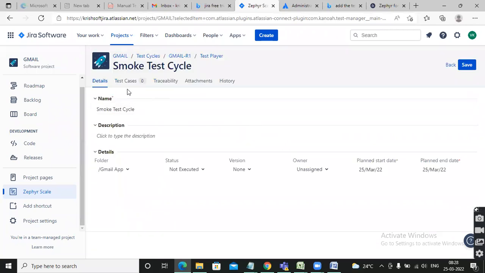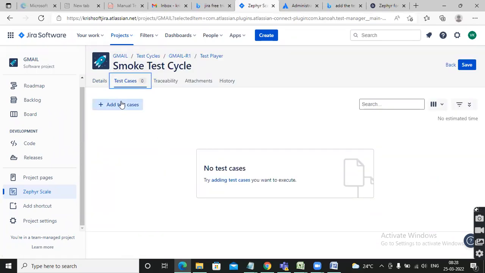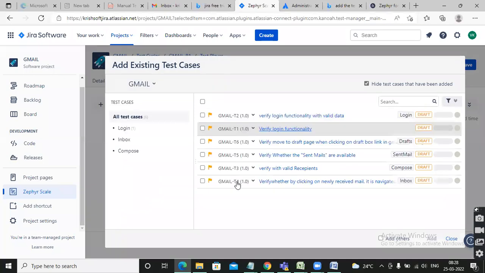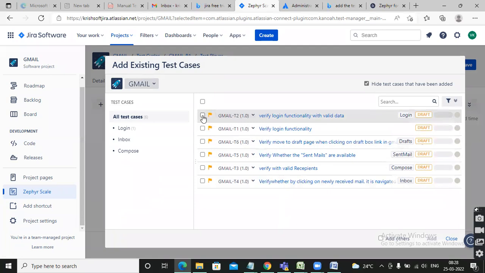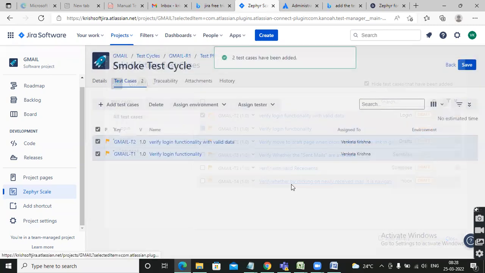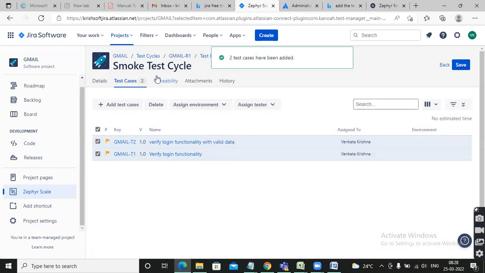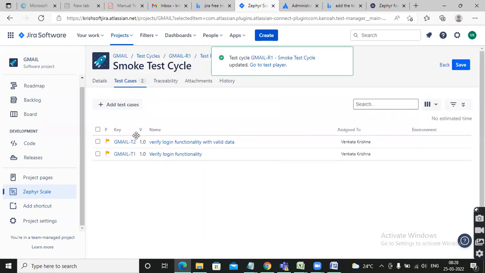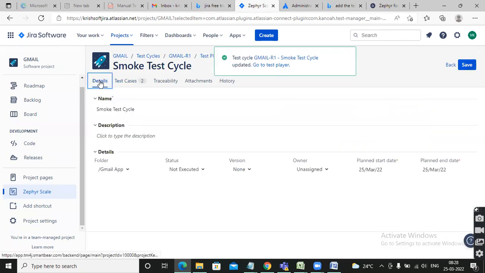You can see here and add test cases. You can add test cases from here. Okay, these are all the 5 test cases that are there, like verify login with valid data, login functionality. You are adding these 2 test cases into this smoke test cycle. Okay, you can save it. Smoke test cases, 2 test cases you added. And coming to the details,